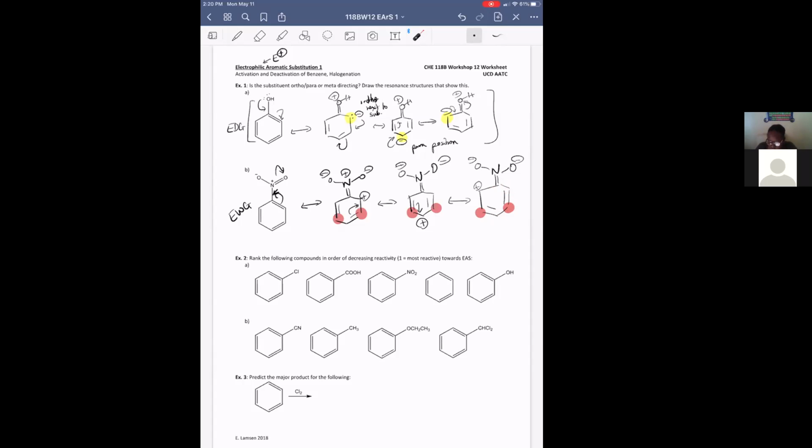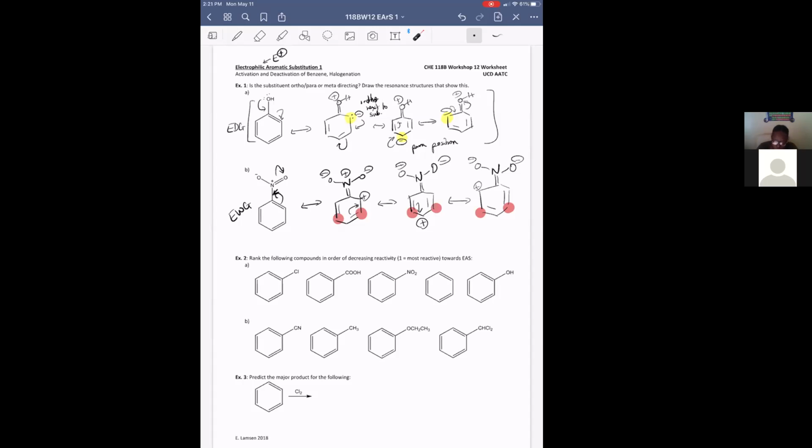So we'll have better nucleophiles. If we have an electron withdrawing group, our nucleophilic attack will generally occur at our meta position. So that's kind of how we will think about looking at electron donating and electron withdrawing groups. And we can classify different substituents based off of their directing ability. So we can think of things as being ortho-para directors or meta-directors, and that's whether they are electron donating or